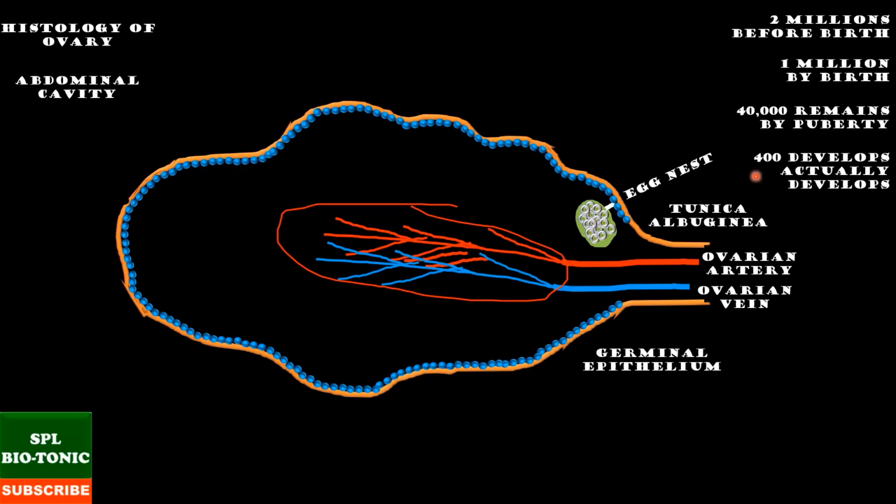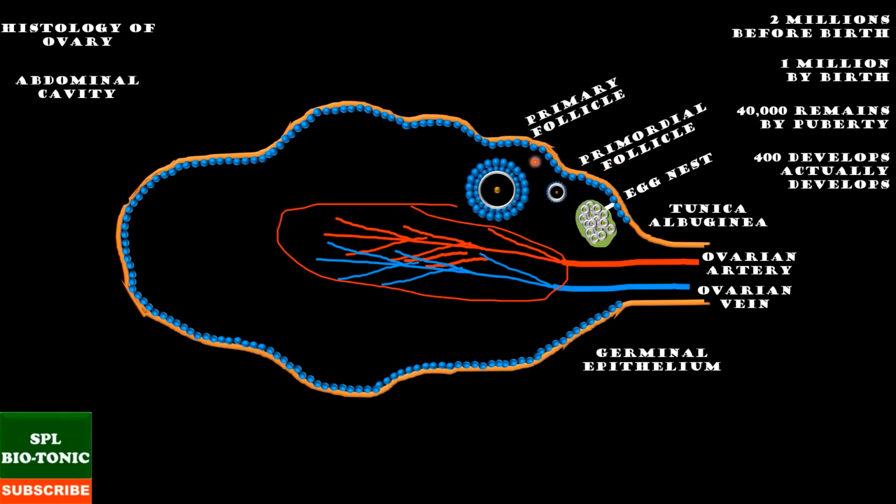Students, during every monthly cycle or menstrual cycle, one primary oocyte starts developing. It is surrounded by one layer of follicular cells. This single oocyte surrounded by a single layer of cells is called primordial follicle. Few more layers of follicular cells are added to form primary follicle. So, primary follicle shows a primary oocyte containing nucleus and cytoplasm. It is surrounded by few layers of follicular cells.